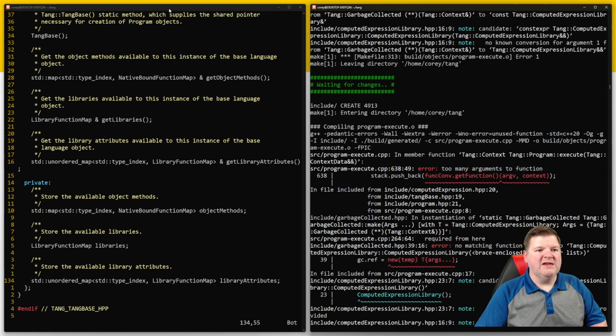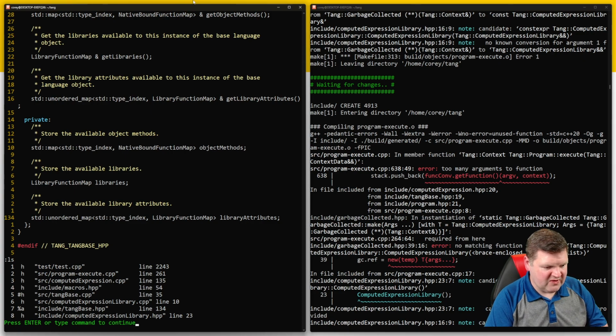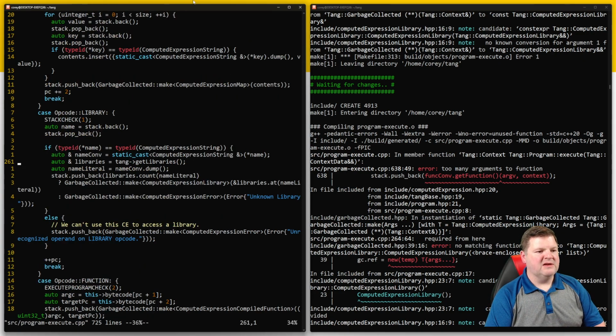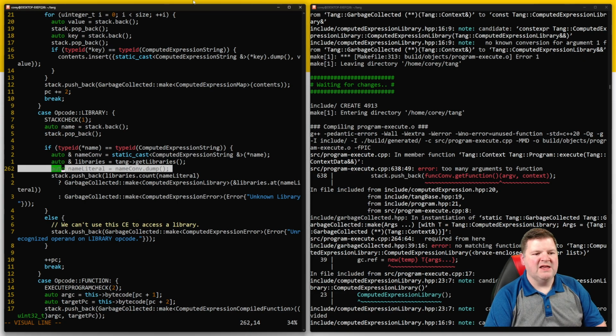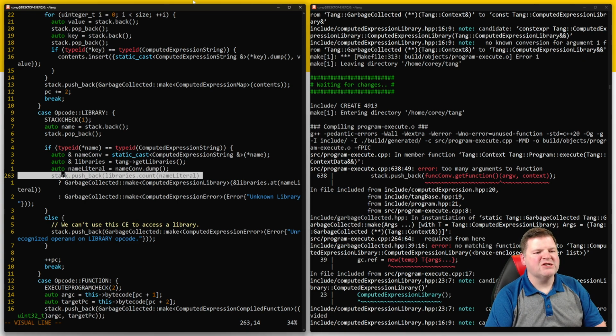So we need to go into the program execute, and right here. So what all do we have? Libraries, this line right here requires a string. So that's why we are getting the name converted, whatever the name is, and getting it as a literal, and we're saying, does libraries count exist in there? If so, then we